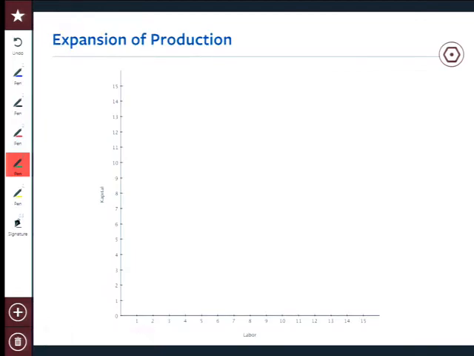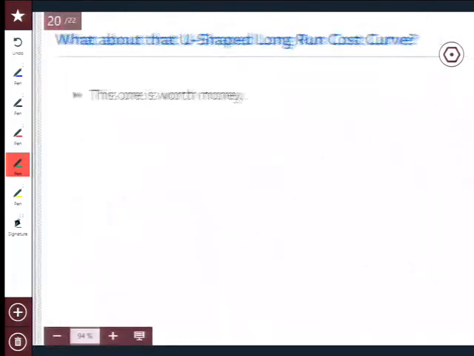So last concept here. Actually, no, this is a big one. Let me give you back your exams. So we're going to start with expansion of production next time. So before you start talking,